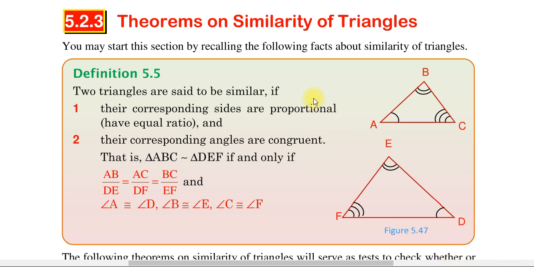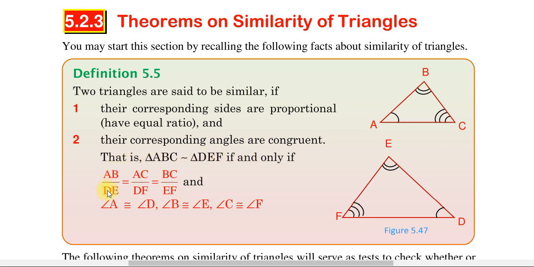የመጀመሪያው ቶፒካችን እንግዲህ theorems on similarity triangles ይላል። So you may start with sections by recalling the following facts about similarity of triangles. There's a definition. Two triangles are said to be similar if 1. Their corresponding sides are proportional. That means have equal ratio and their corresponding angles are congruent. That is, triangle ABC is similar with triangle DEF if and only if